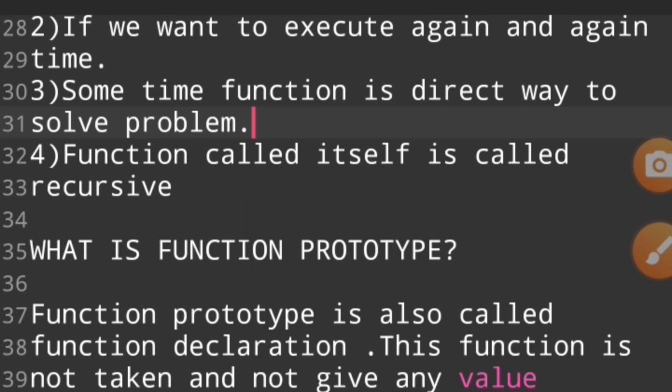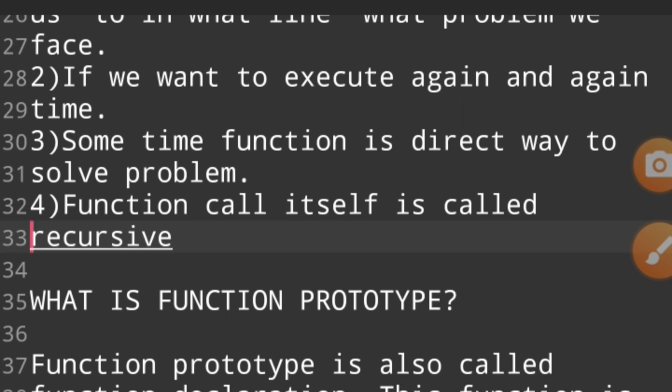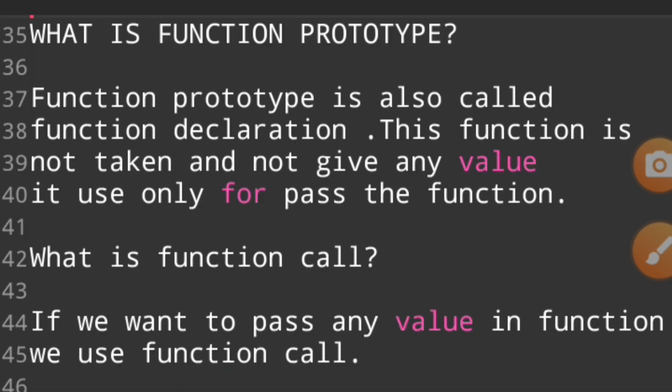For example, factorial, which we discussed in another video, where the function calls itself. A function that is capable of calling itself is called recursive, and we use a recursive function when the function is calling itself again and again. And then, what is a function prototype?